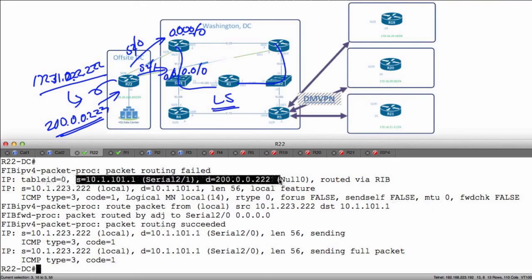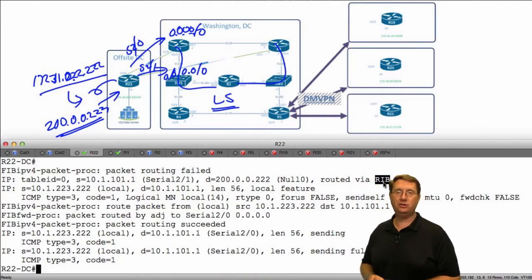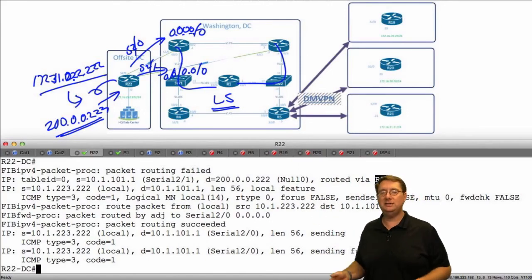Notice it said sourced from 10.1.101.1 came in on serial interface 2/1 and it was destined to 200.0.0.222, and what did it do? It sent that directly to the interface null zero via the routing information base that we have running on this particular device. This would prevent this particular prefix from bouncing around my infrastructure ad infinitum, or at least until the